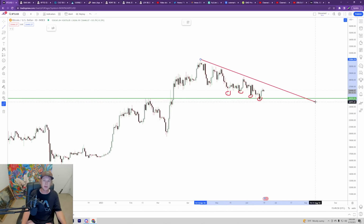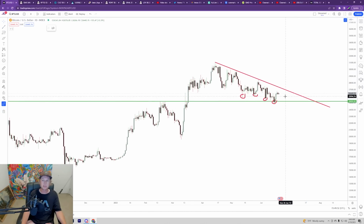It's not like there's any major sort of confirmation. And I would say that from here, we're getting ready to make a move. It's either going to be a breakdown or a breakup, and I think there's not really much more deciding that needs to happen, and a lot of this is riding around the S&P 500. The S&P 500 just made a big breakout, and so Bitcoin has held this support, but if we're to see